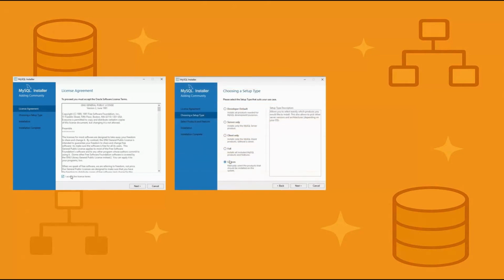Now we are at the setup type. This part is very important. Don't choose typical or developer default. Instead, select custom. Why? Because it gives us full control over what we install, which is perfect for learning and flexibility. Next,